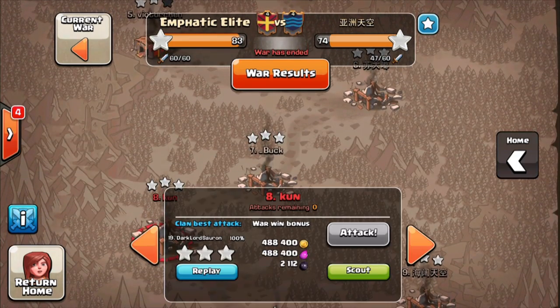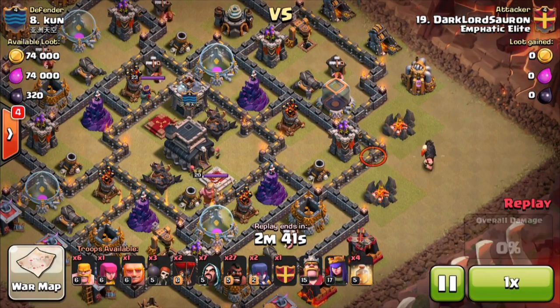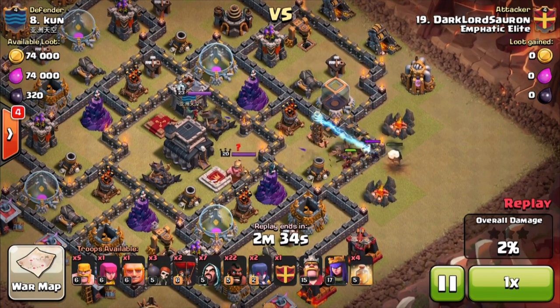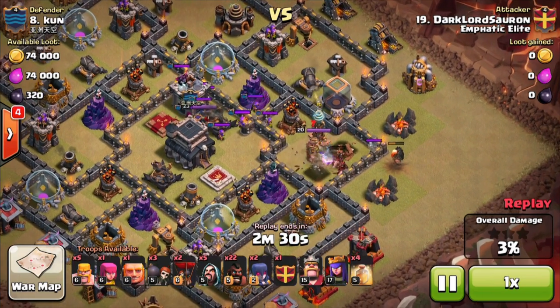So let's watch DLS, Dark Lord Sauron. Let's see what he did. I think he kept the start of the plan the same. Giant, few hogs down to kill the arch tower, kill the mortar, get the CC pull, because that bit worked. Two defences are gone, and